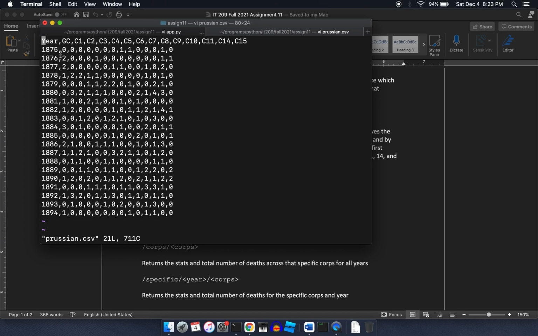So we can basically see that in 1875, there were a total of only 3 people killed by horse kicks. Okay, and most of the companies didn't have anybody. Just 3 out of however many companies there are did. Okay, so we need to actually parse this data and put it into some kind of data structure so that